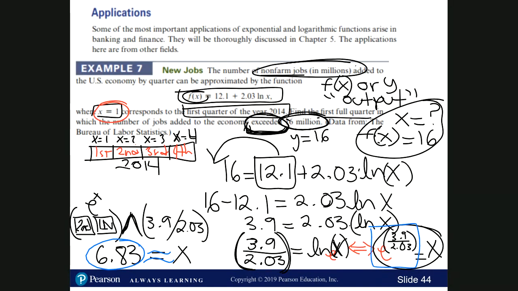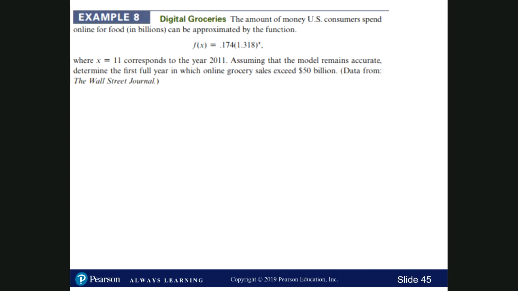Okay, so let's move on to the next problem. And this talks about digital groceries. And for this one, think about like Instacart or, I don't know, Blue Apron, things like that. The amount of money that US consumers spend online for food in billions of dollars can be approximated by this function here,